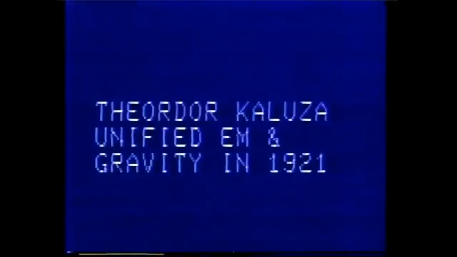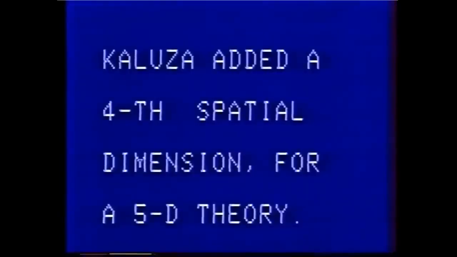I'm going to jump now a whole bunch of years. In 1921, at the instigation or recommendation of Albert Einstein, a man by the name of Kaluza published a paper where he had successfully united electrical field and gravitational field in a common unified theory. To do that, he had to add another physical dimension, and a very strange thing emerged. There's really only one field in nature if you're looking at that hyperspace. It is the five-dimensional gravitational field.